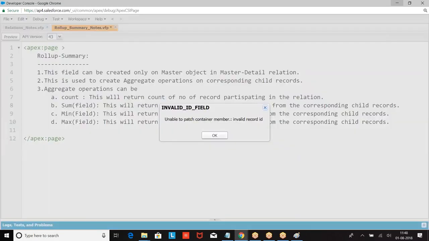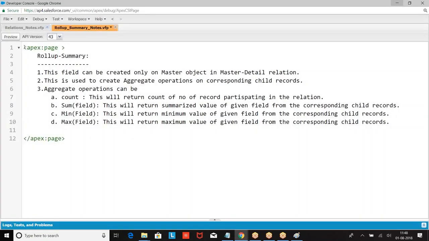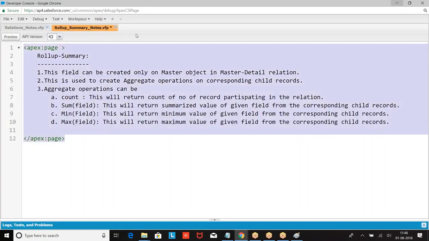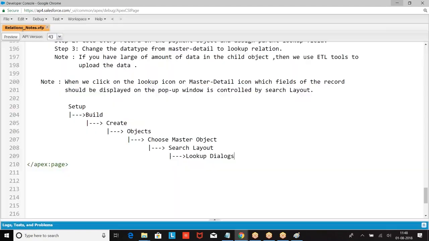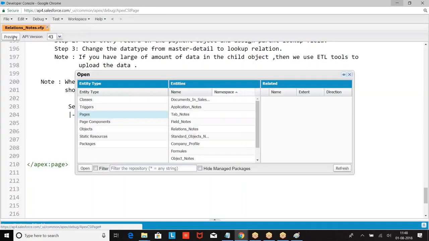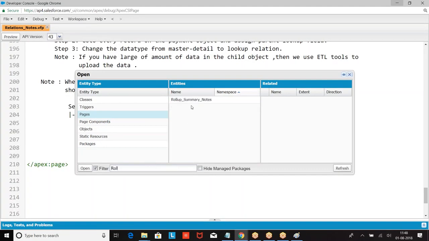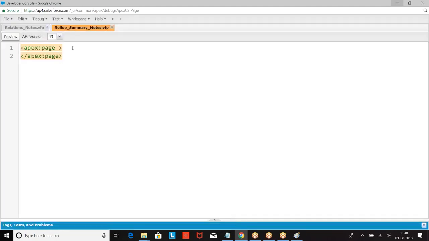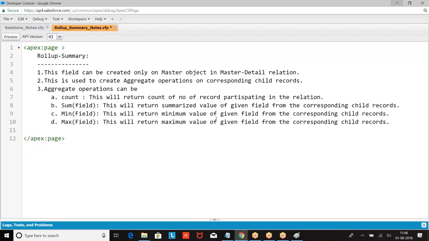It is used to perform aggregate operations. The first point is, if you want to create these aggregate operations, which fields can I use?